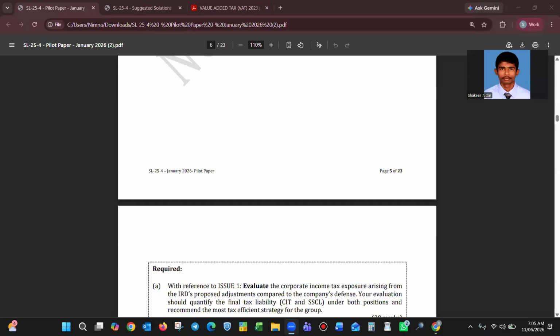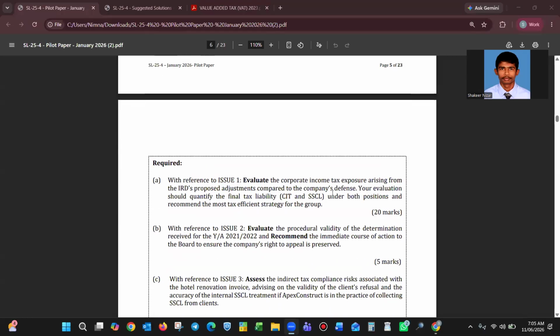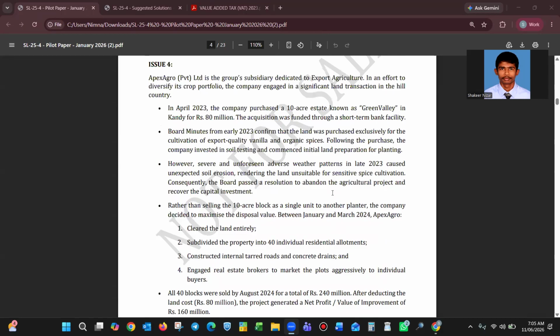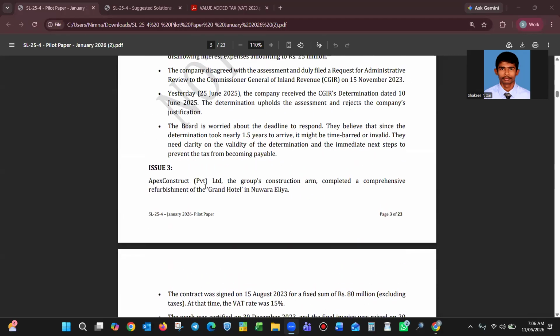So yesterday we discussed issue number one and two, which is from CIT and, if I'm not mistaken, the administrative review process. And so if we go to issue number three, Apex Construct Private Limited, the group construction arm, completed a comprehensive